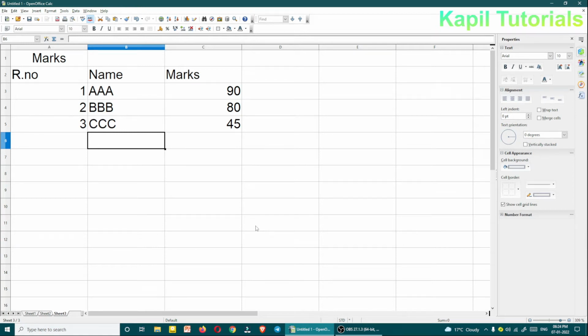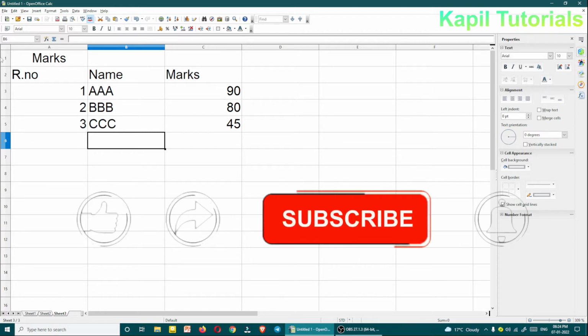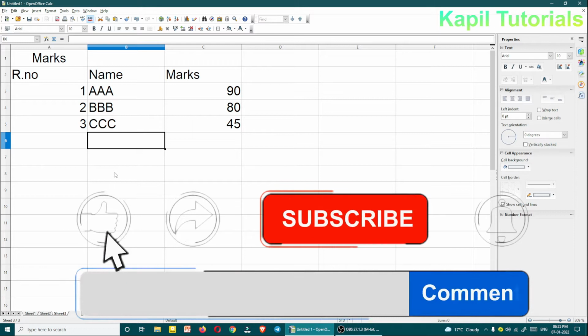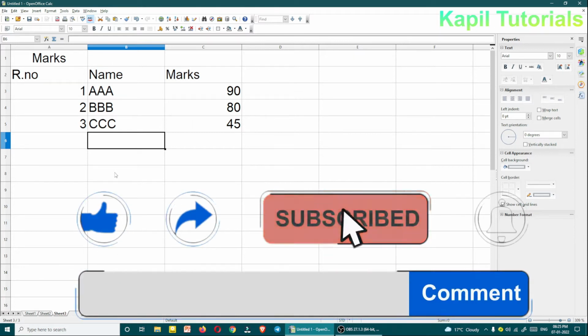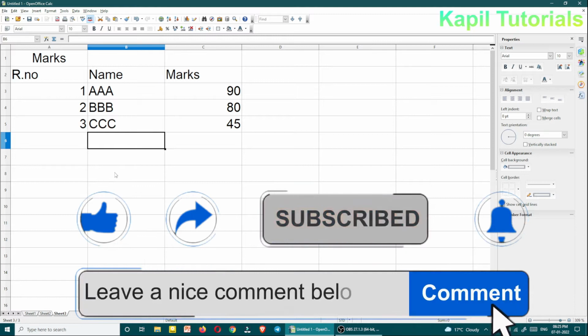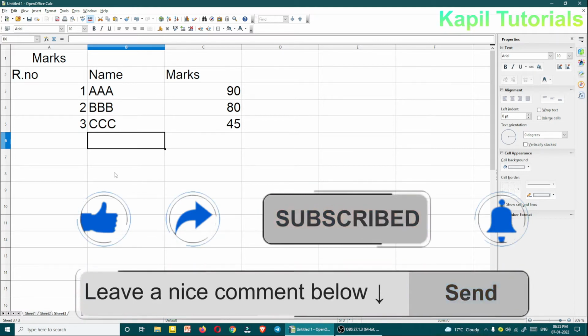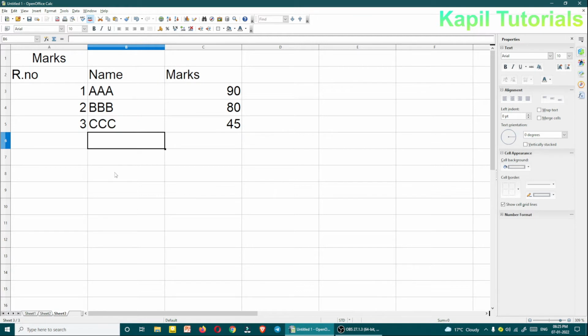Welcome students. In my earlier tutorial, I explained some basic concepts based upon OpenOffice Calc, the spreadsheet software which is totally free. I have also explained earlier that MS Excel and OpenOffice Calc are both spreadsheet software and the method to do calculations is nearly the same. Only a little bit of difference is based upon the interface. So moving ahead with my second tutorial, in this tutorial I'll be covering some basic formatting features.